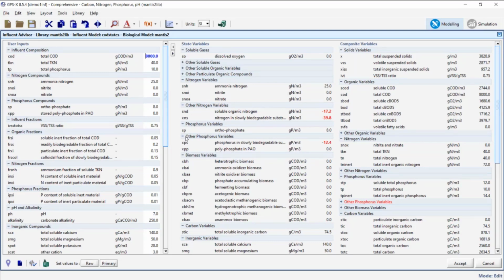Now, the reason that they might be a negative value is that often we calculate some other last component in the mass balance of all of the nitrogen. We calculate it by subtraction. So we say, okay, of this total amount of TKN that we have, a certain amount of it's going to be ammonia, a certain amount's going to be tied up in the inert materials and so on, and whatever's left over, we're going to stick in soluble organic nitrogen. Well, if that happens, that we don't have this balanced and set up stoichiometry very well,